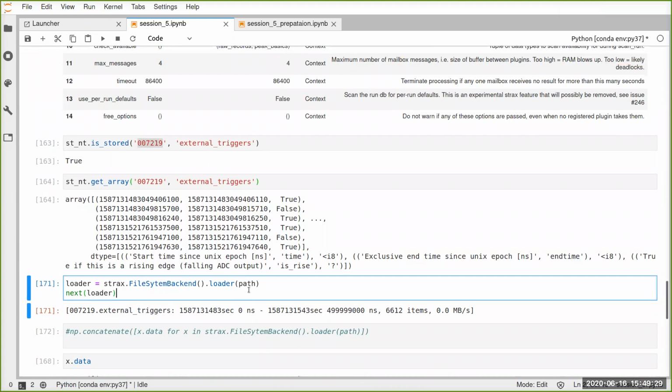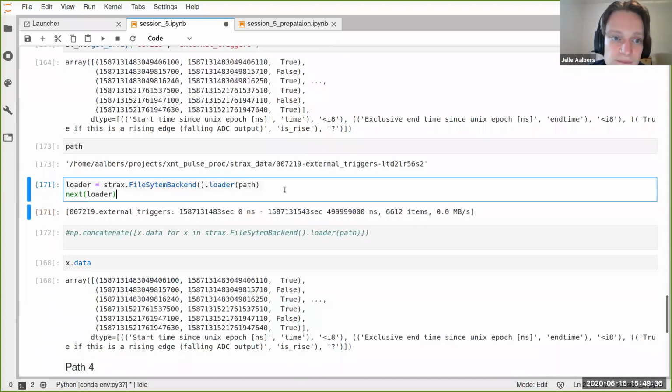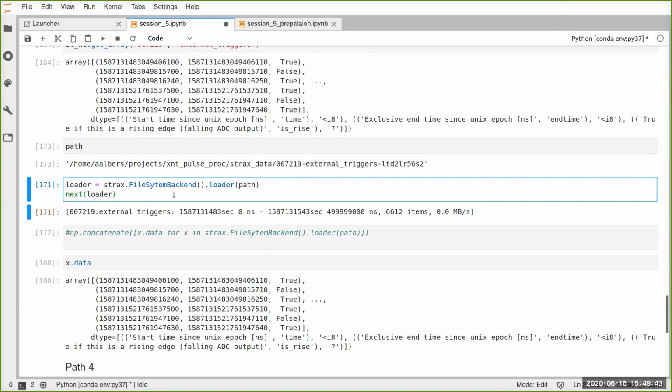This only works because we also have the JSON file, right? Well, let's look here. The only information we used is this path. But this works because the JSON file is within this path, right? How does the loader otherwise know which decompression it should use? Exactly. So that's why we store the JSON file with the data, which provides the data type. If we hadn't stored that JSON file, it would have been a bit problematic. Then you just have a lot of bytes, but you have no idea what they represent.